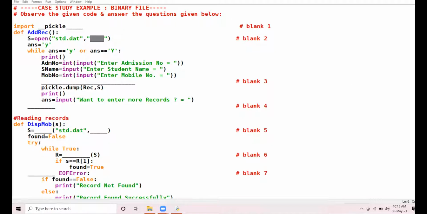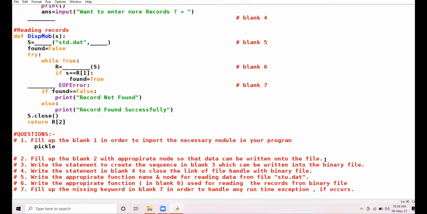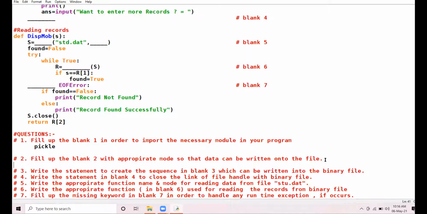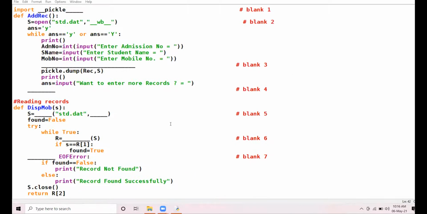Who will answer this question? Yes, Akriti, unmute yourself. Sir, WB. Write in binary mode. WB. Very right, very correct. All right. Next question is,